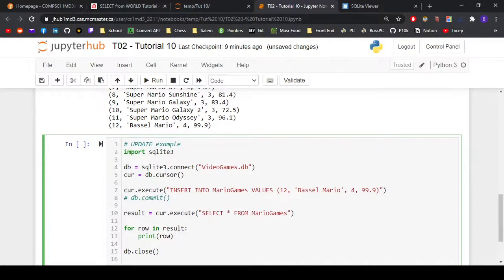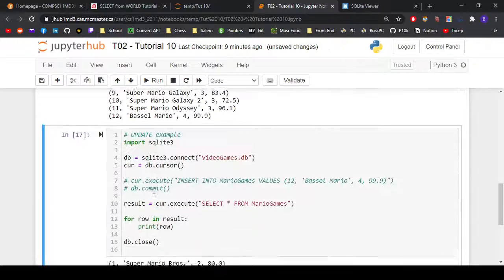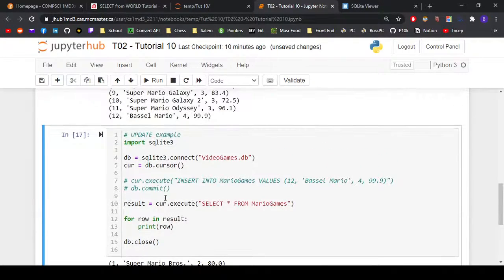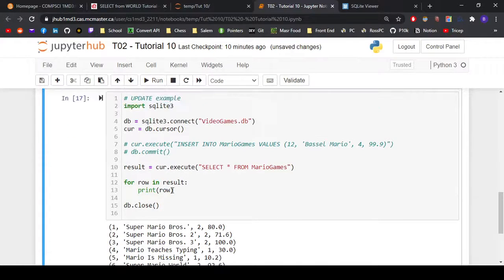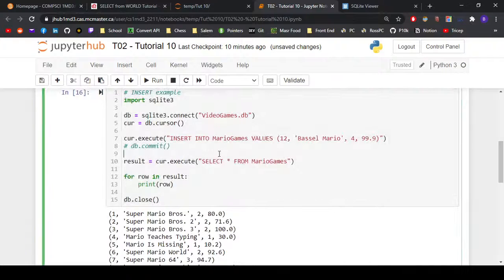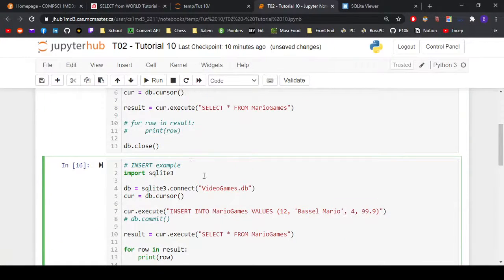Now, if we just do this here, you'll see that our change from earlier didn't carry through because we weren't able to commit it. See, like we're establishing that connection from up here. Now, what we can do is we can actually just, if we run this,